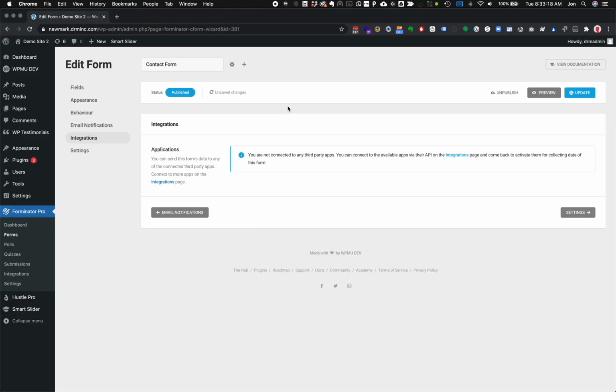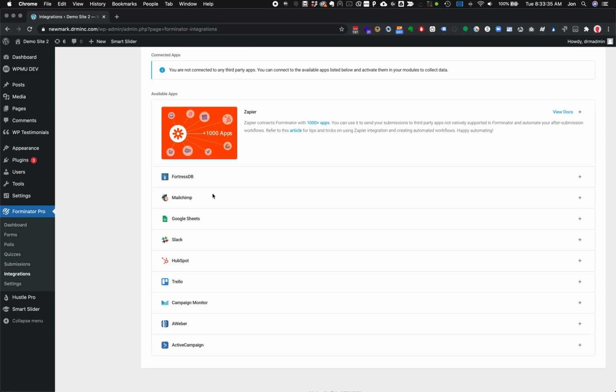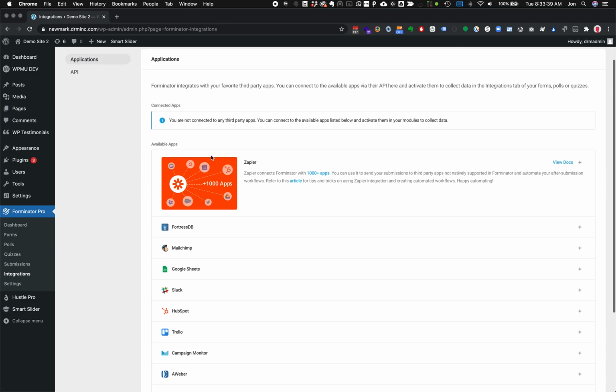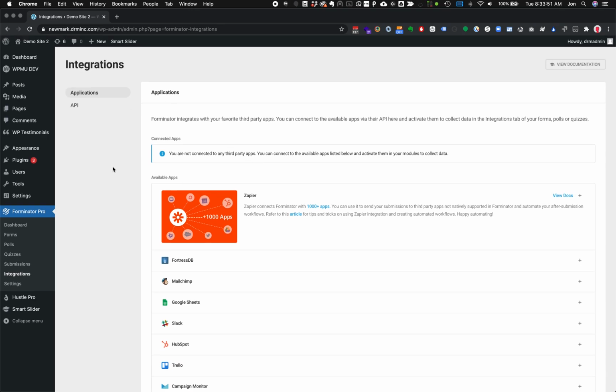So let's see, it's going to warn me that I'm navigating away from the page because I changed that notifications and I didn't hit update. So we want to go ahead and hit update to save it. And then let's go ahead and look at the integrations list real quick. In here you can see there's quite a few things like MailChimp we talked about already, but you can integrate with HubSpot, Slack, all kinds of neat items. Zapier is a really handy one because it lets you plug into a whole lot of other applications. Anything that works with Zapier can work with Forminator. So that's a good overview for